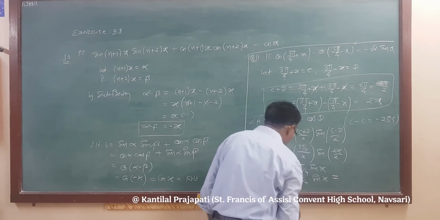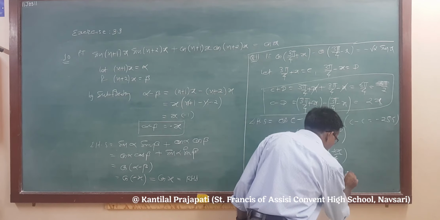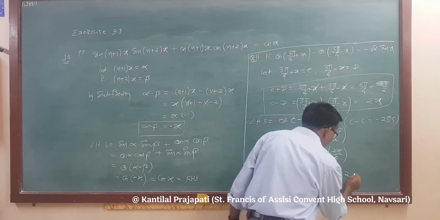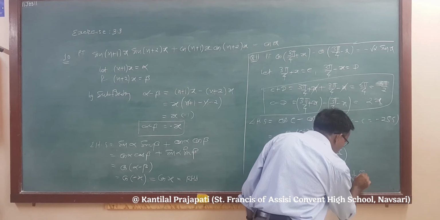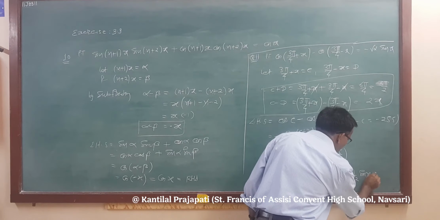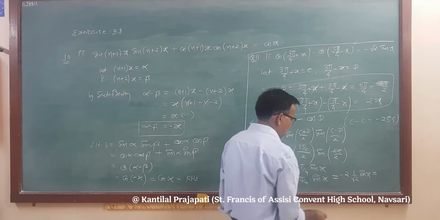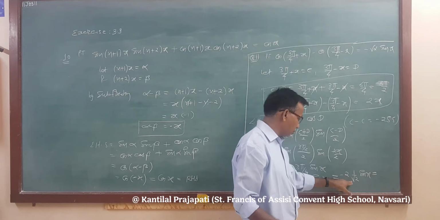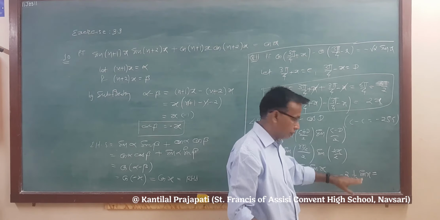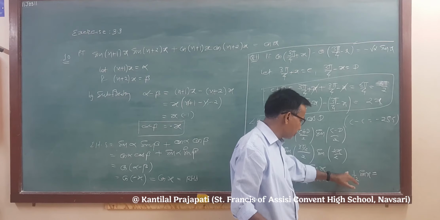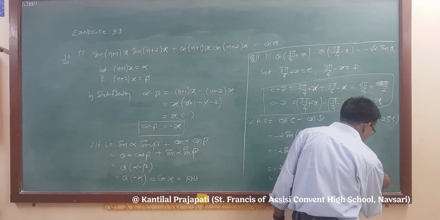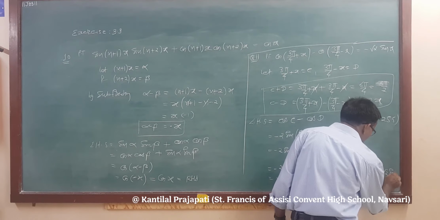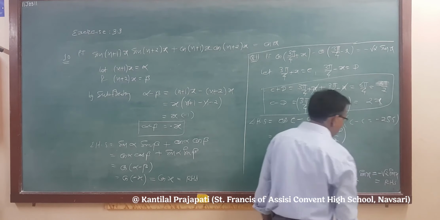And substitute the value of pi by 4: minus 2, sin pi by 4 is equal to 1 by root 2, into sin x. This is equal to, by the index rule, 2 upon root 2, that is 2 raised to 1 minus half. Or 2 will be written as root 2 into root 2, and one root 2 cancels. What remains? Root 2 only. So minus root 2 into sin x, and this is what was required.